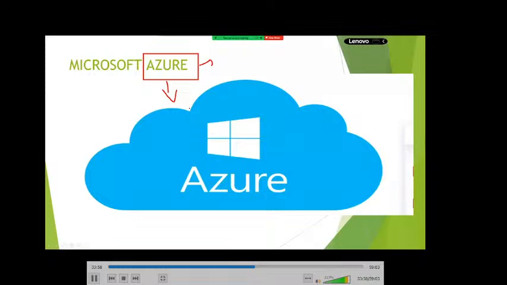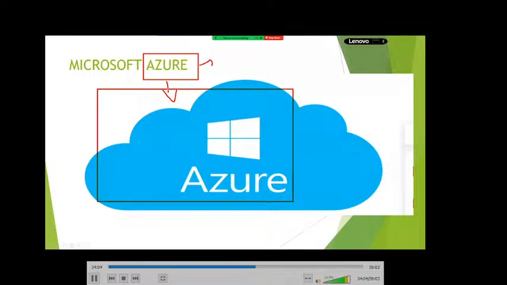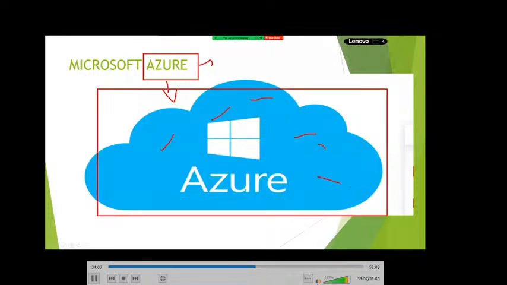That is the meaning behind the keyword. The initial Microsoft Azure logo was blue-colored clouds with just words. When Microsoft first introduced Azure into the market, this was the logo. Now they have changed it slowly.